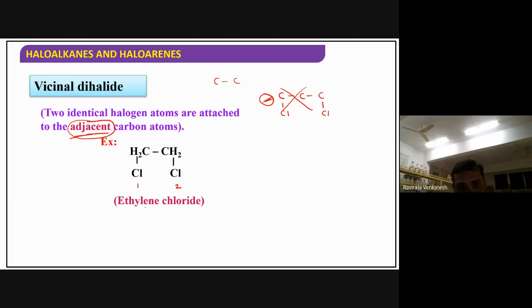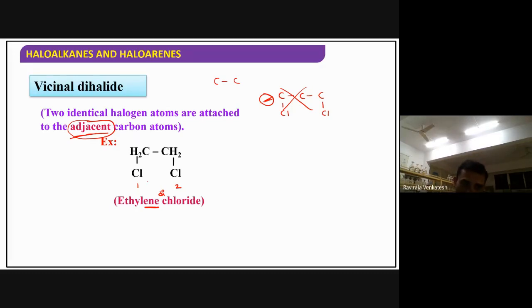we have to use dichloride. Di you can use, even though if you don't use di also no problem, because when you are writing the nomenclature for vicinal, it is di only. So writing is no problem. Even though you don't write, no problem. Ethylene dichloride, butylene dichloride, propylene dichloride, like that. Like that we can give butylene, propylene, pentylene, hexylene, like that we can give it.